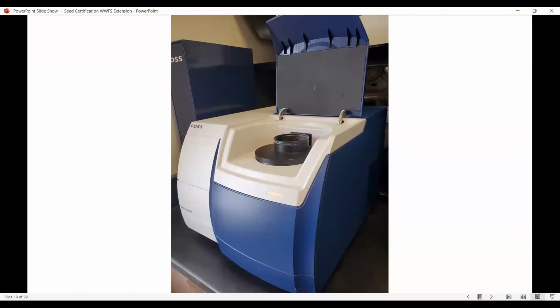We've also used our royalty to help purchase things like a protein testing machine, and this is the one that's located out at our West River Experiment Station. We also have another machine that's here in Brookings that the breeding programs use when they do their screening on the varieties as they're developed.